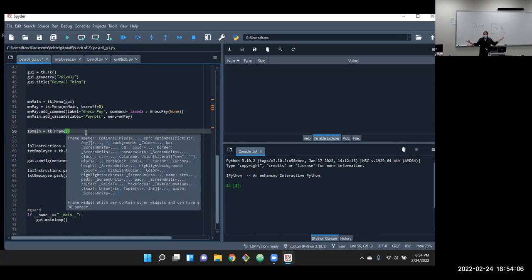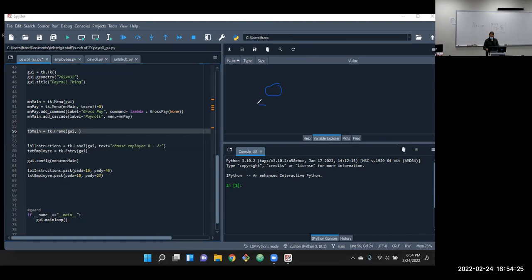And with the frame, that's just a container. So all we really need with it is, once again, with the tree we talked about the other day, what is the parent node on the tree? There's always some root up top, and then off that root we'll have branches coming down.